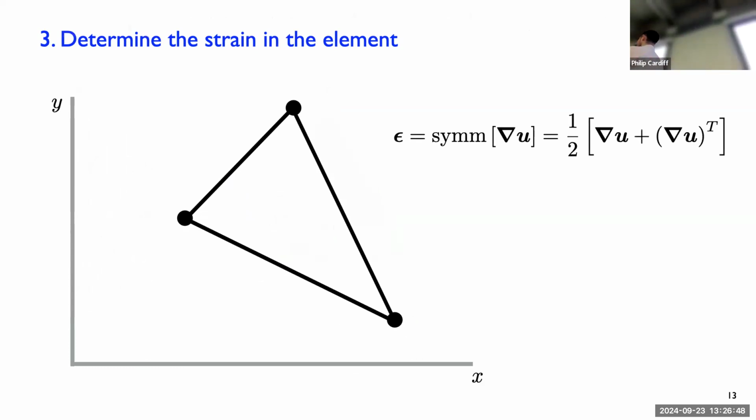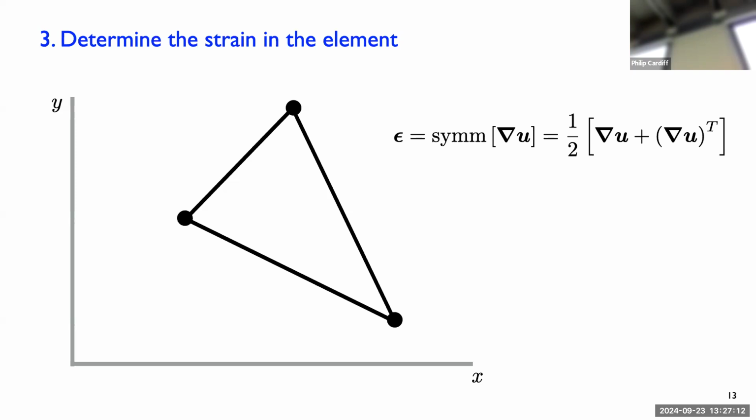So that was step 1. Step 2, we assume the function form, in this case a linear or a first order polynomial. We then sub that in to get the function form in terms of displacements at the nodes. So step 3 is the strain displacement relations. So in the 1D truss, the strain is just